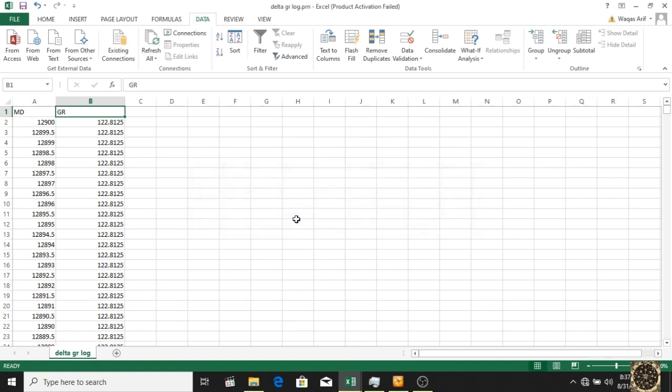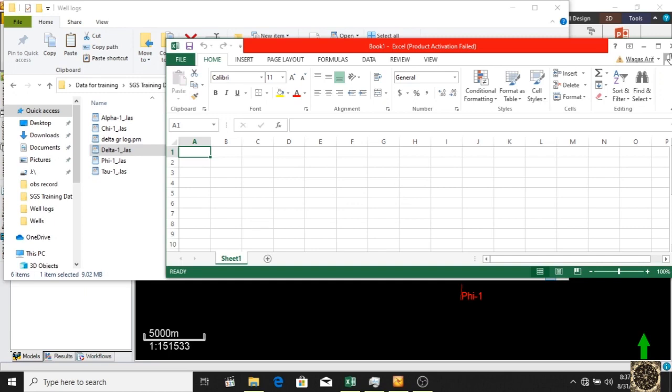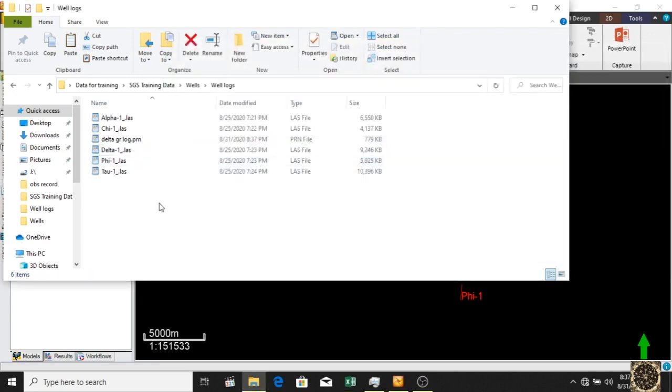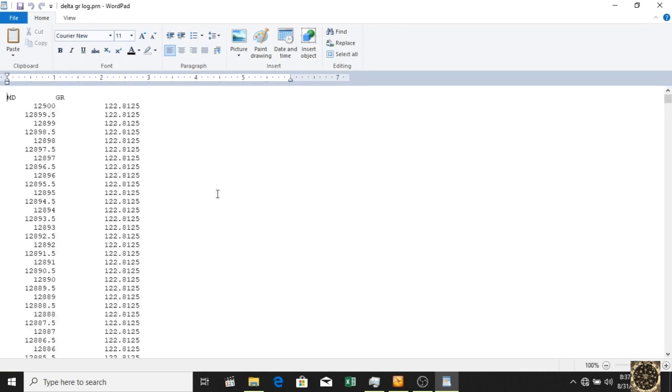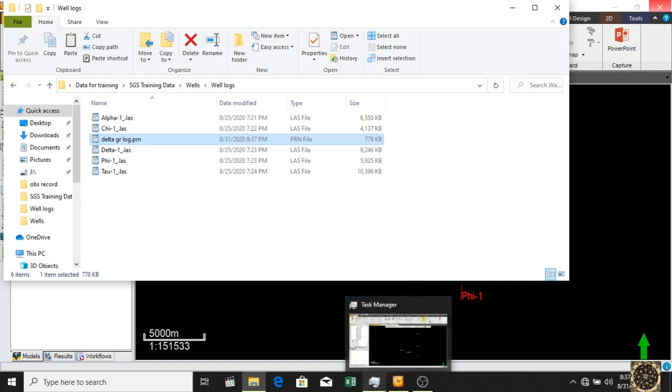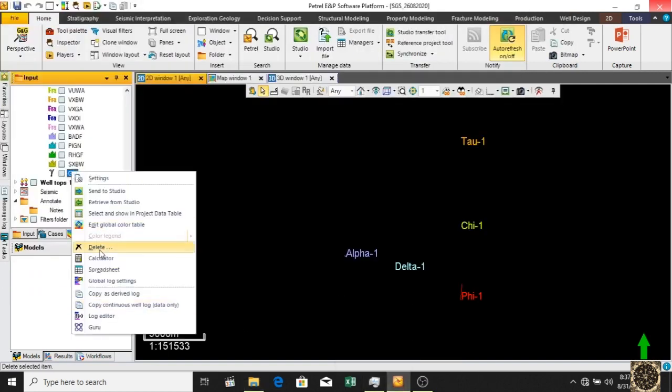Yes, let's close this and save, close this. So here we go, let's check the file, delta GR. Okay, let's close this, let's go there, delete the GR,